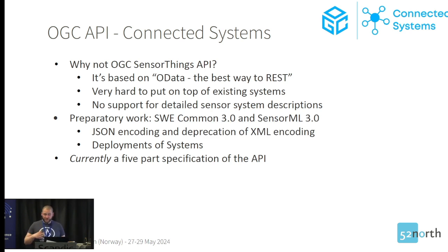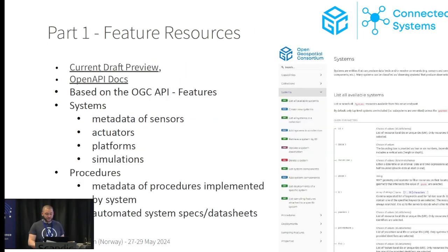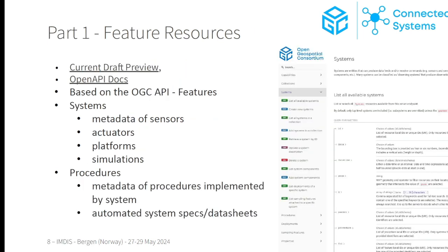You may know from the past there's a WFS 1.0, and that's it. OGC kind of going the agile way and just pushing around part 1, 2, 3, 4, 5, and so on, and that's the way we are doing it right now also. Short description of the different parts. So most important are part 1 and part 2. Part 1 is about